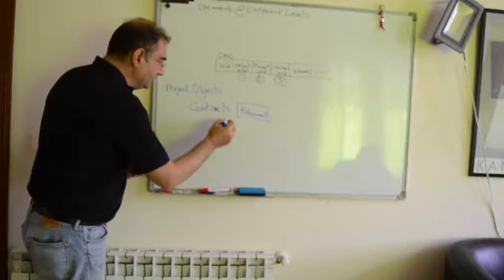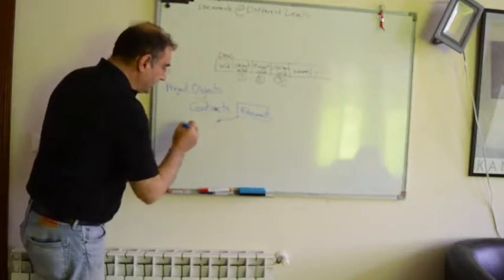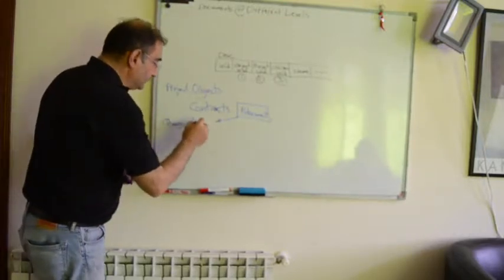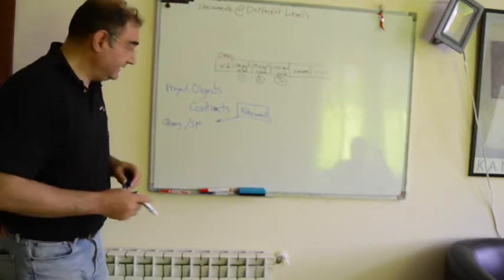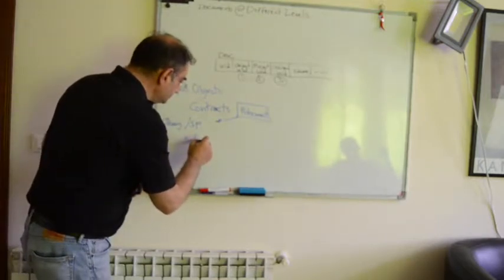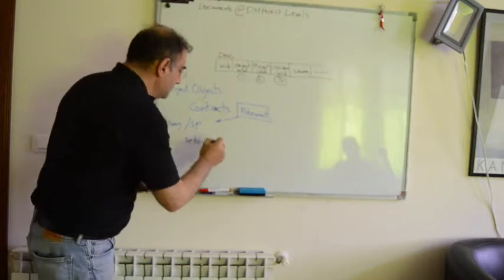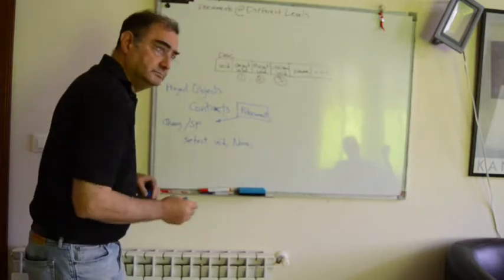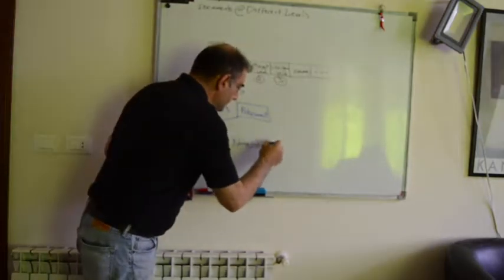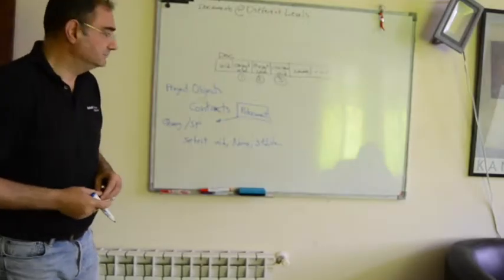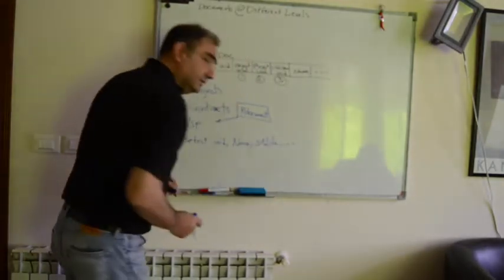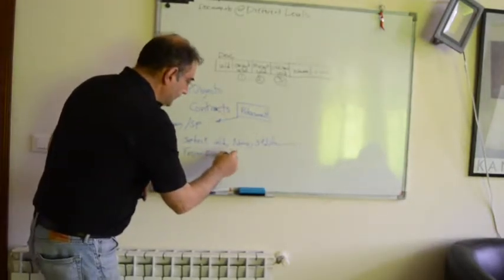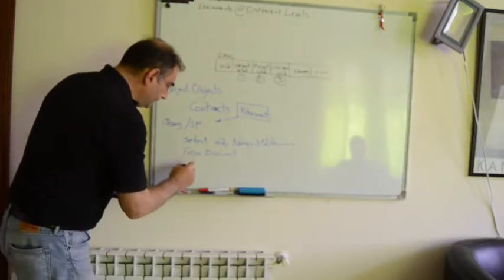If you ask what is the query that gets executed, or the stored procedure this query is saved under, it says select UID, name, Stditem, and so on, from the document table, where